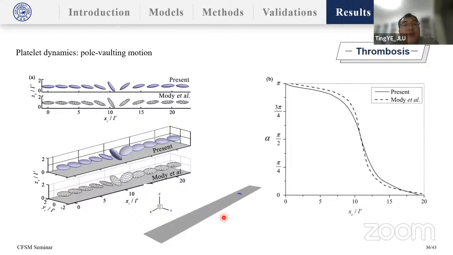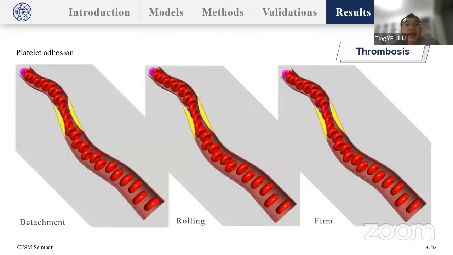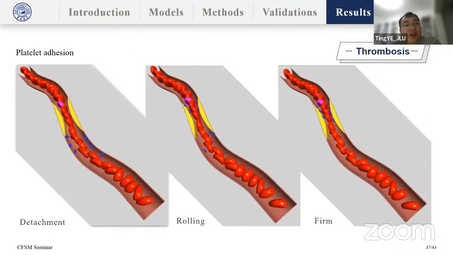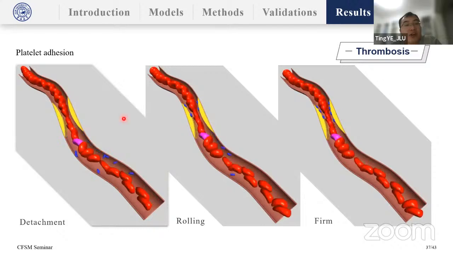This movie shows the pole vaulting motion. We can find the platelet flips itself doing a pole vaulting motion. The right figure shows the comparison of platelet orientation with this model's results. Okay, this is the case without platelet adhesion. And then we include the platelet adhesion